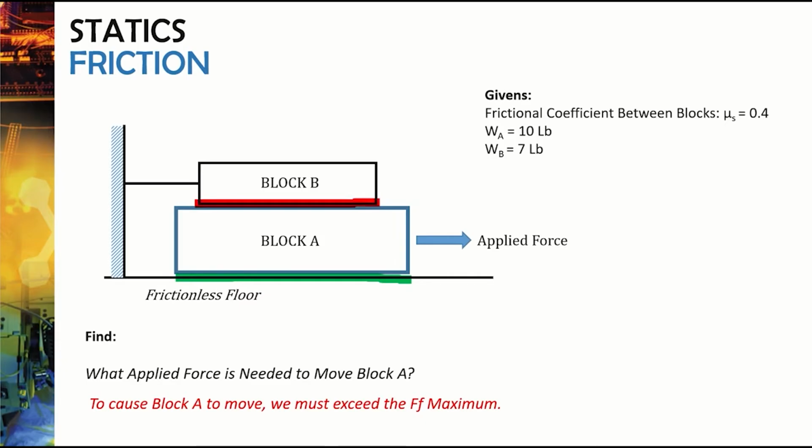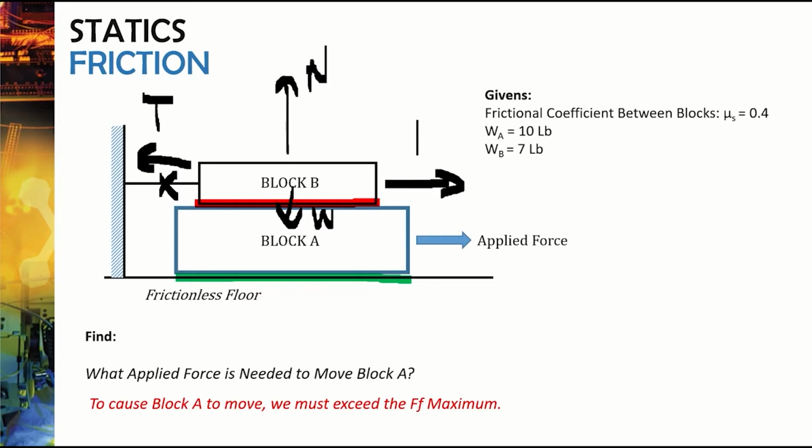So essentially, if we drew a free body diagram of our top block, there's going to be a tension moving this way, a normal force going this way, a weight going down this way, and a force of friction. Now, if the rope had been cut, and we pulled on A, block B would move with block A. So what we can see is that the force of friction actually wants to pull block B with block A. So that would be our force of friction.